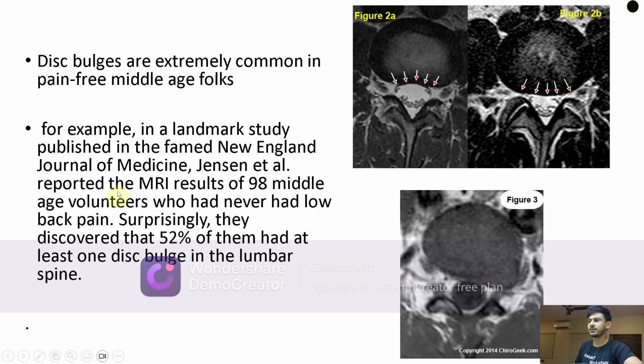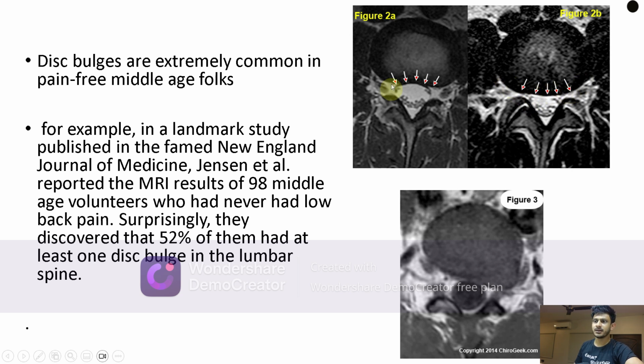is an example of a normal cut of an axial section of the MRI. See, the disc material is nicely contained within the vertebral body. But here you can see there's a generalized outpouching of the disc material, and it's clearly seen that this is called a disc bulge, and it's compressing on the